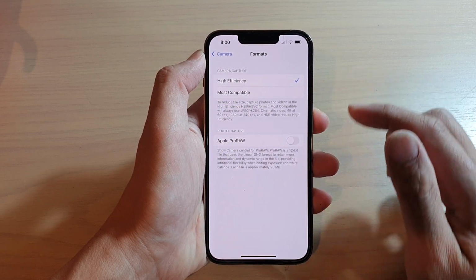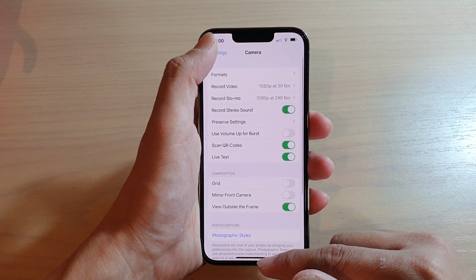So you can choose one of the options, and finally you can swipe up to go back to your home